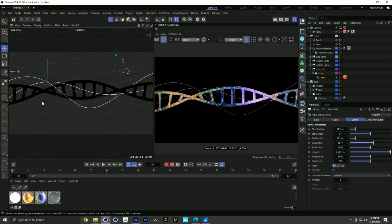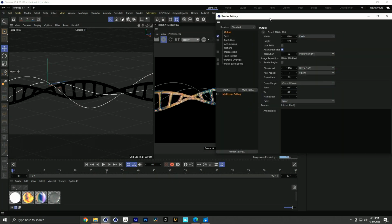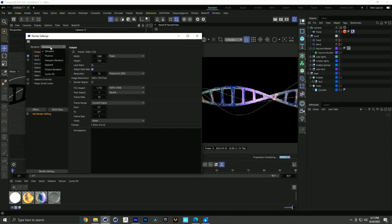And then kind of to further that point is that the next shot in this particular moment was a sound wave. So we're sort of alluding to the idea of a sound wave in this shot, which will then, this DNA will actually turn into a sound wave in the next one. So it's all just sort of like hinting at the next moment in time. So I will render these out as separate passes, but I'm not going to show you exactly how I broke everything out. However, I will do a really quick example on some of my render settings, which for the renderer,